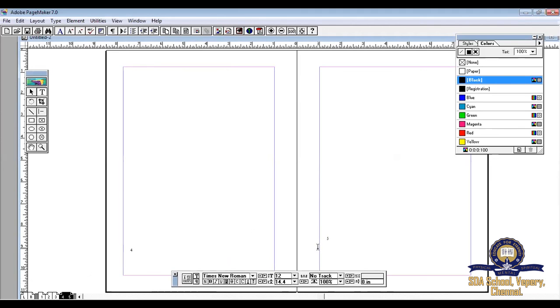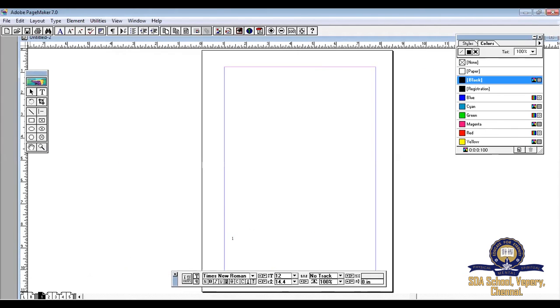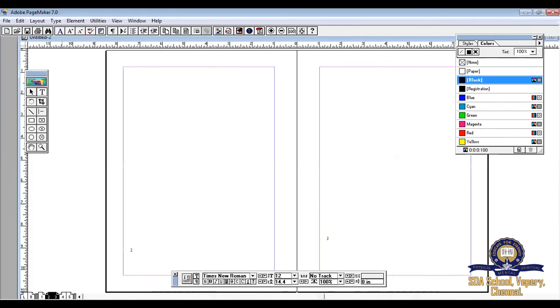So subsequently, if I add or change anything in my master page, that is reflected in all the pages. Are you clear? Once I insert a page number, the page numbers are seen in the subsequent pages I have created.